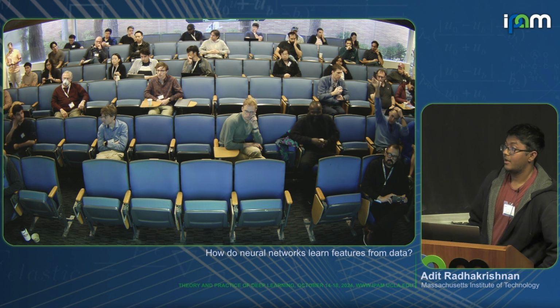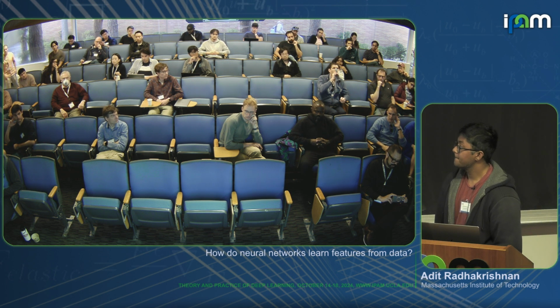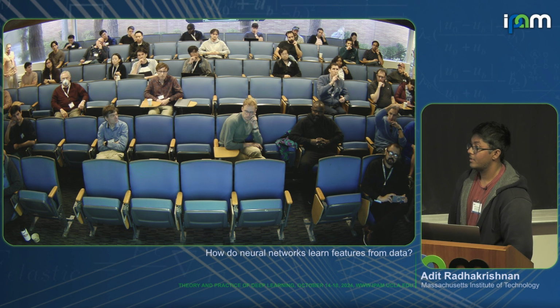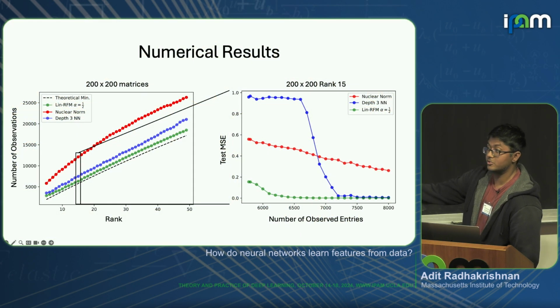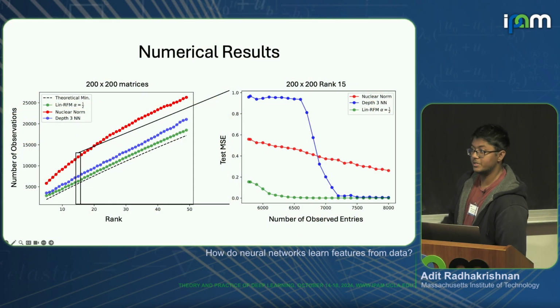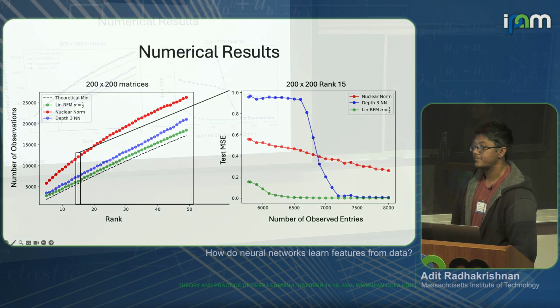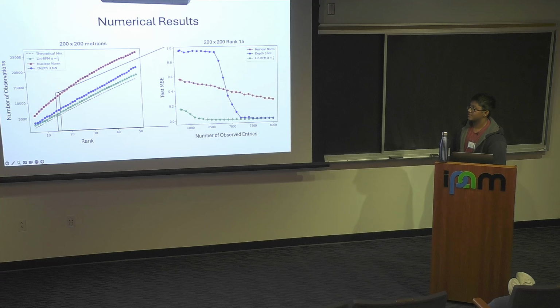Quick question. What does train MSE look like on this? Do you have a gap? Like grokking, for example, would have maybe the... Oh, so train MSE, like we're able to interpolate the data in all cases. So train MSE would be basically... I see. So okay, but this is not a training curve, right? This is at the end of training. Yes. Okay, sorry, yes. So maybe this is some type of grokking, actually. It's just the drop on the blue line. Yeah, very possible. I mean, this is something that you consistently see with deep neural networks on many different matrix completion tasks. And that's a nice segue into Misha's talk later, which will also be about grokking with RFMs.